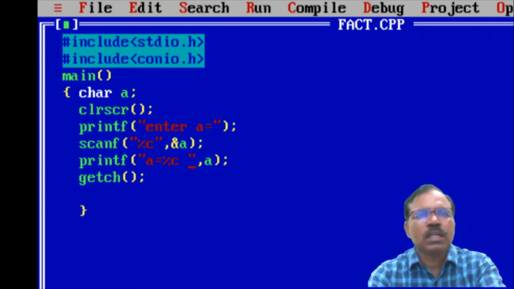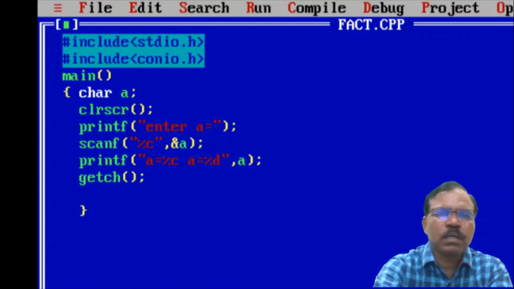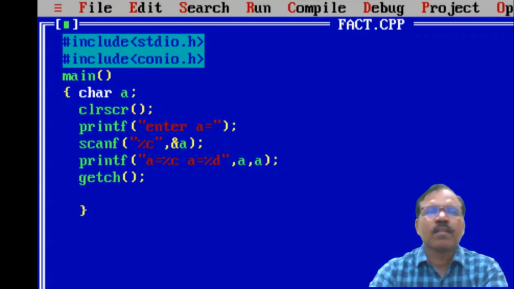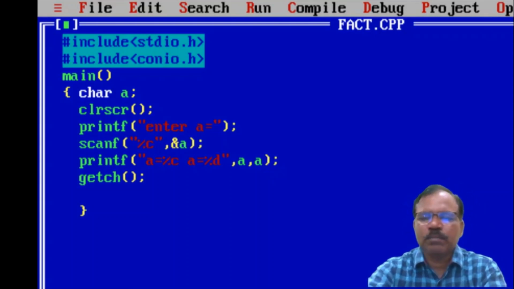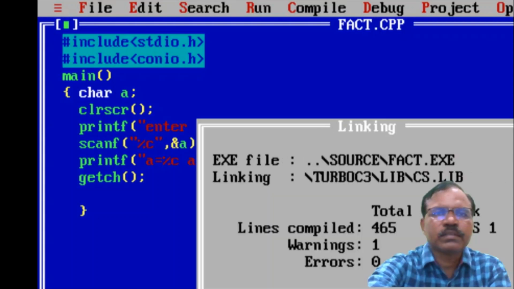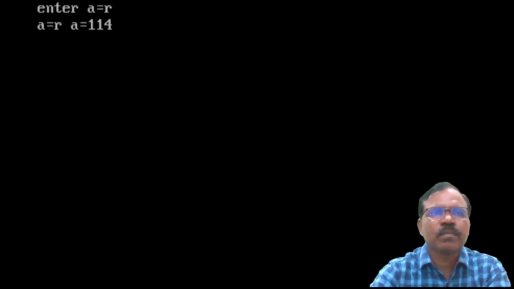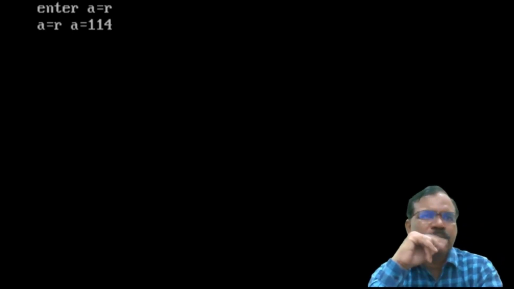Now suppose I write here a equal to %d, so I am printing a again, but I have used specifier %d. So what happens here? If we run this, suppose I enter R, we got a equal to R due to the %c specifier, and a equal to 114 due to %d.